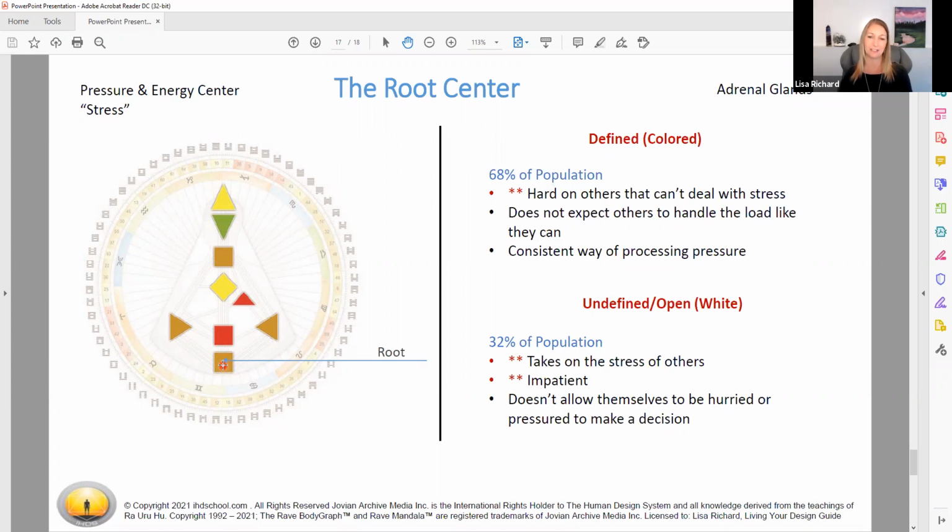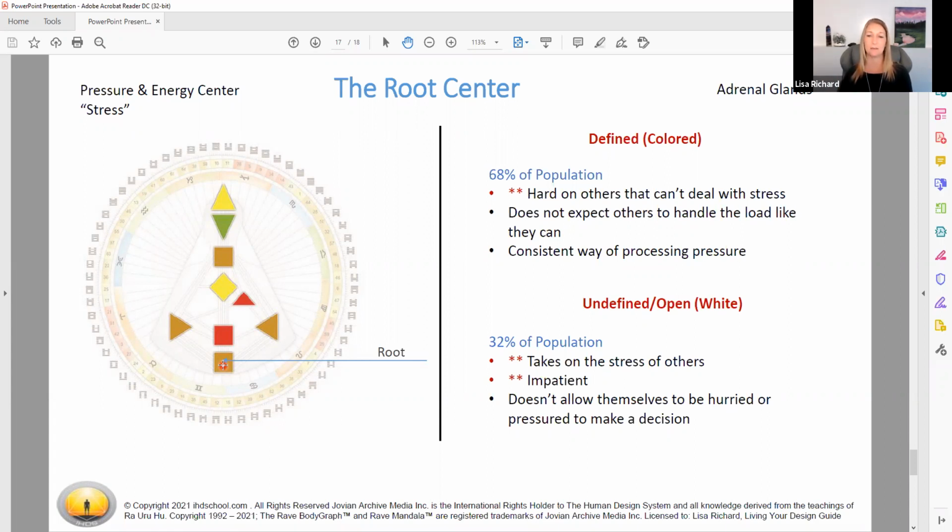Now with that beautiful energy type, you guys normally have a very set process of wanting to complete this task and then moving on to this other task. So when other people are really putting that pressure on you to hurry up and get things done or hurry up and make a decision, that doesn't work very well for you. So understanding that your energy type needs to have a little bit more time. It needs to honor the completion of different things before moving forward. It needs to honor its ability to have time to come to a decision.